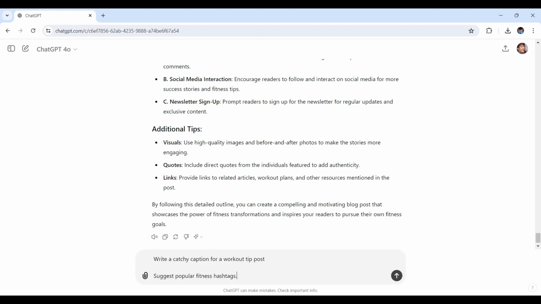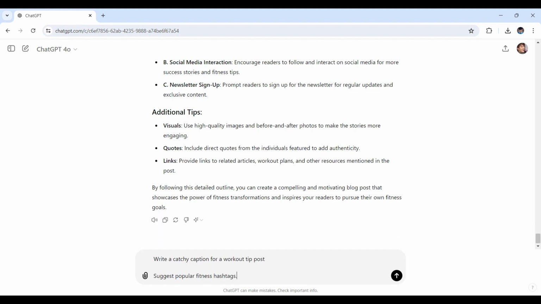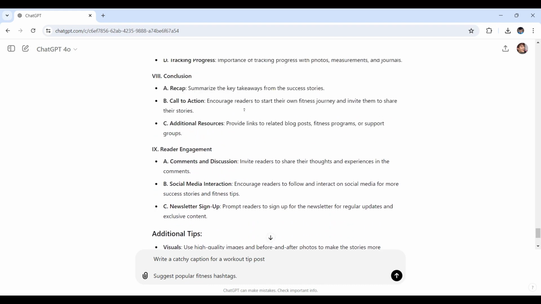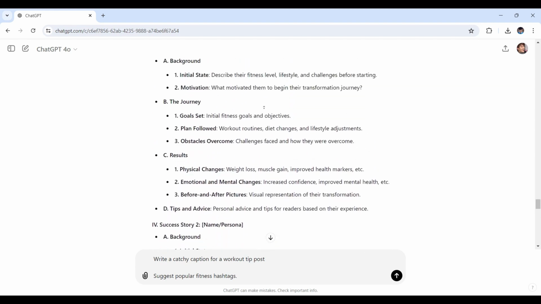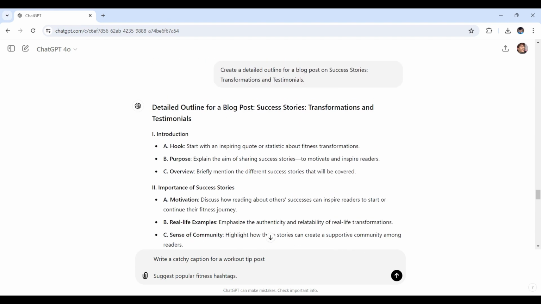Let's say either write a catchy caption for a workout tip post, or suggest popular fitness hashtags. Or you can edit that in with one of the prompts, and let's say for this particular title right here,